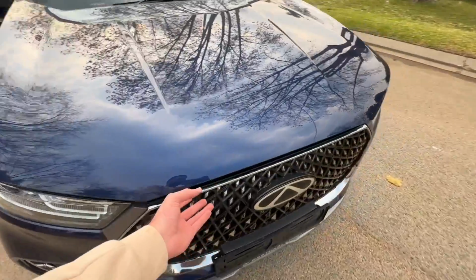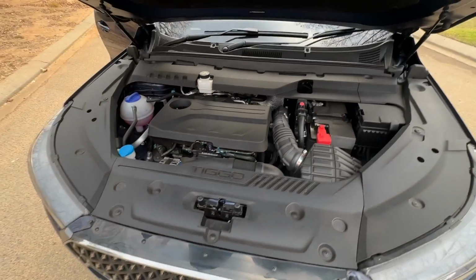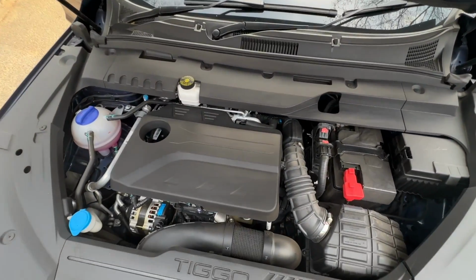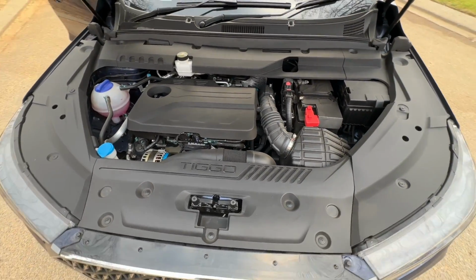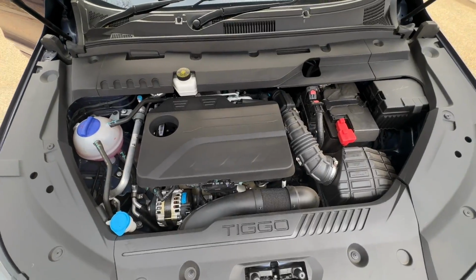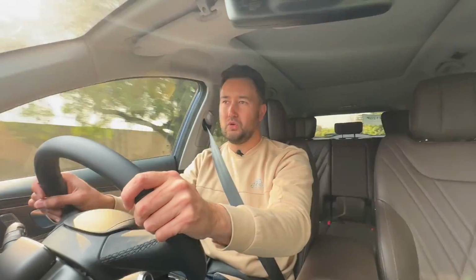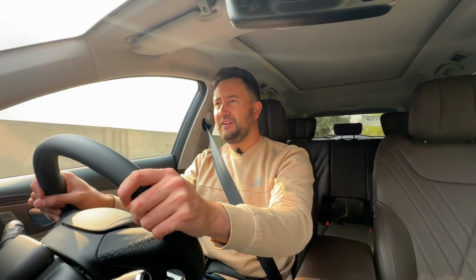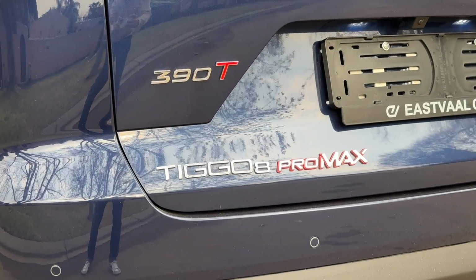So, what's at the heart of this Chery Tiggo 8 Pro Max? Under the hood, you've got a 2-liter turbocharged engine putting out 187 kilowatts and 390 Newton meters of torque, which is up on the other version of this car, which is the Pro and not the Max version. In that you only get a 1.6 liter turbocharged engine putting out 145 kilowatts and 290 Newton meters of torque. So quite significantly more power in the Pro Max version than you would normally get, and you can definitely